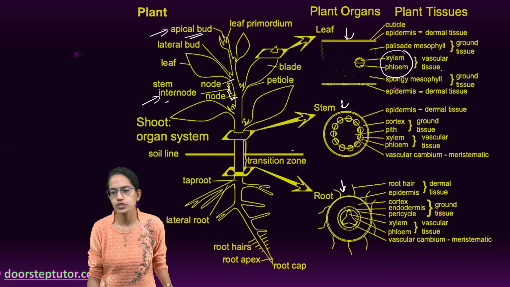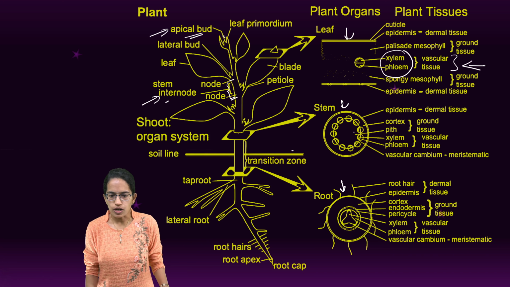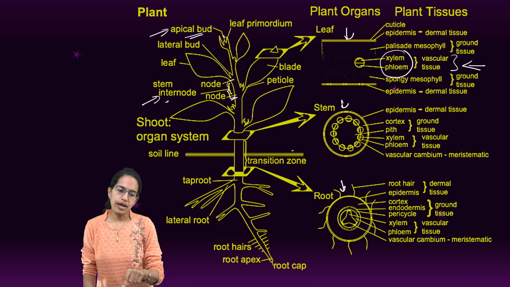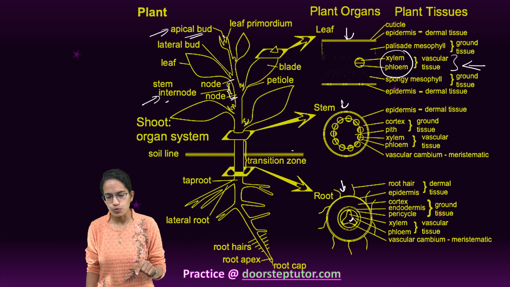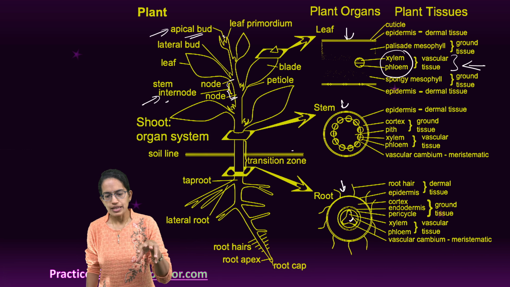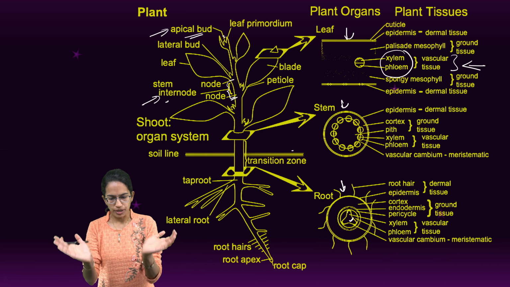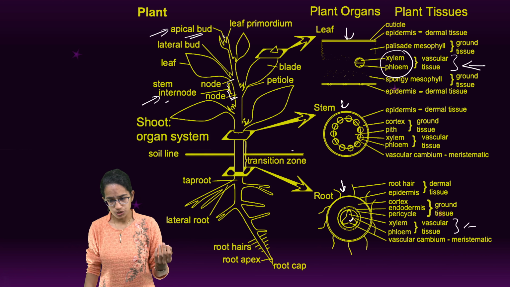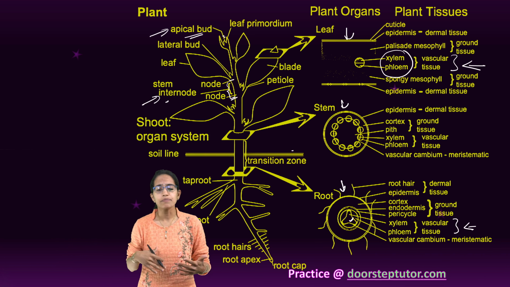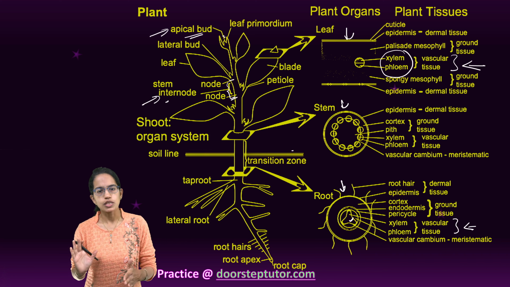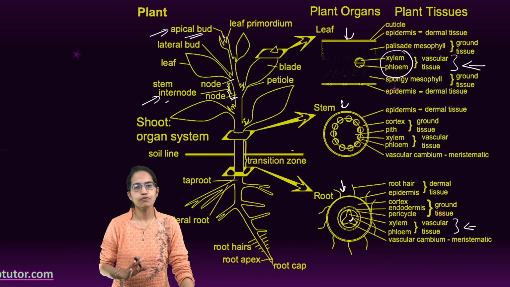And then among the leaf, stem and root, we have seen that in all of these three there is xylem and phloem, which together forms the vascular bundle. So xylem and phloem together is called a vascular bundle. Now if we talk about the stem, the arrangement of the xylem and phloem is a concentric ring. However, in the case of root, xylem is between the phloem, and this arrangement is a kind of inverted Y within a phloem. So that's again a vascular tissue arrangement. However, the details on the transverse section of stem and root we would go with in the further lectures. So this is the very basic understanding of the plant tissues and the classification for plant tissue.